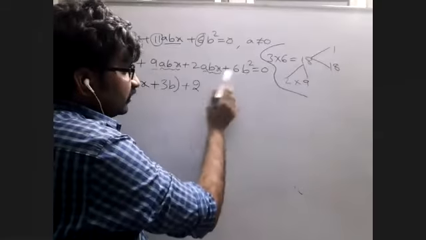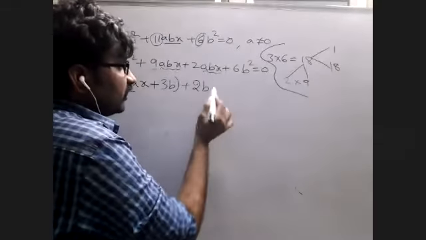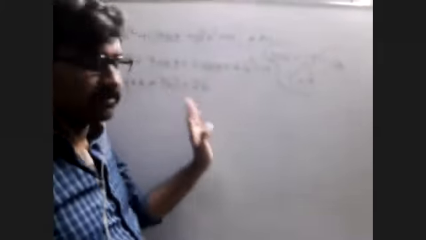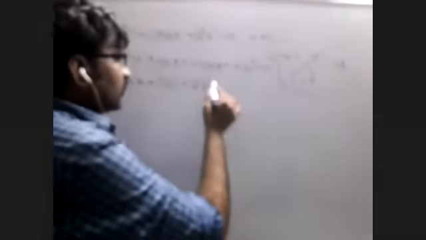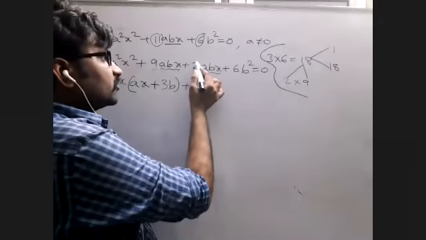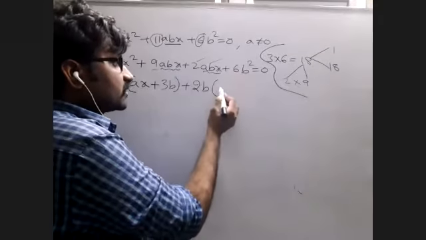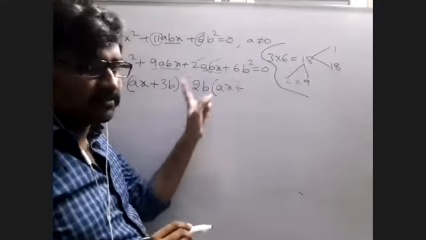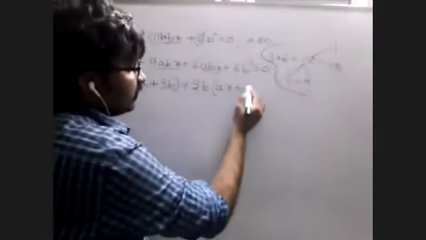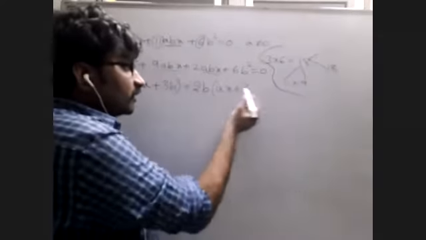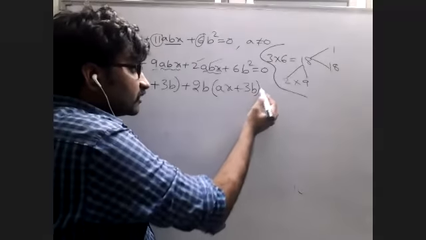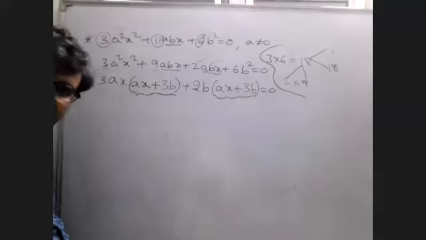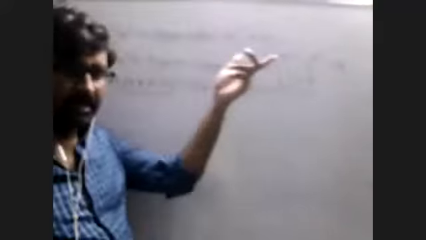And b, yes, we can take b common, so taking b common. And x, we can't take x common. Why? Because there is no x. And remaining, after taking 2b common, ax is there, plus here from 6 2 common, more 3 is there. Why? Because 2 3 is 6, 3 is there, and one b common, remaining one more b is there, is equal to 0. Finally you should get these two terms same. See, ax plus 3b, ax plus 3b.